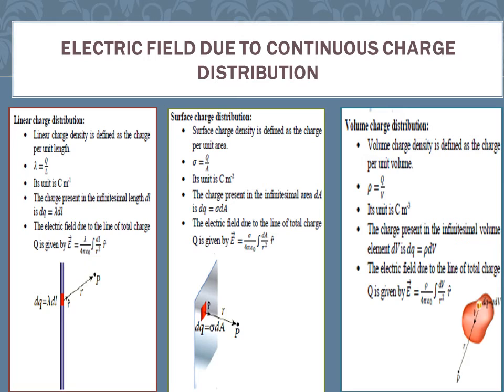Now, as you can guess, volume charge density is defined as charge per unit volume. So linear charge distribution is represented as lambda, surface charge distribution is sigma, and volume charge distribution is rho, and they've given you the equation. That is nothing but, from the definition, the charge per unit length. In the first case, the total charge Q will be divided by L. In the second case, it will be divided by the area A. And in the third case, it will be divided by the volume V.